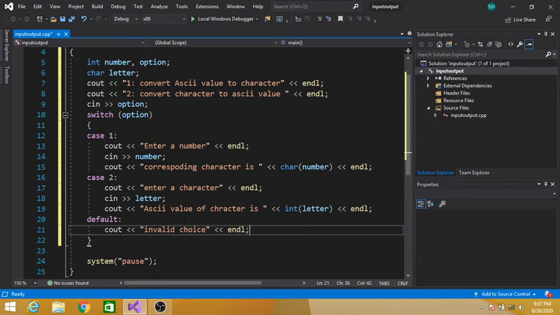Why invalid choice? If a user enters any other number instead of 1 or 2, then that choice will be an invalid choice. So guys, let's execute this program.